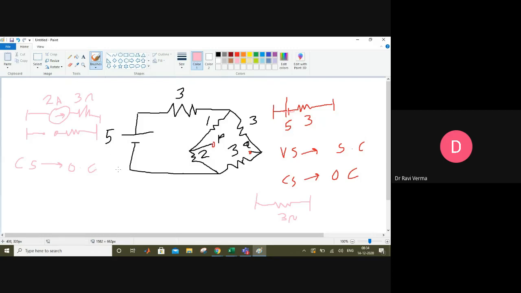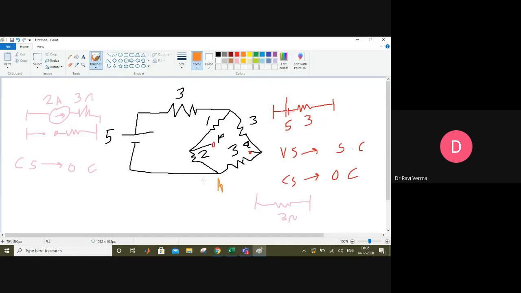After you short the circuit, at both points there will be the same voltage, right? So suppose this is the outer wire which has 3 ohm resistance; there is zero potential drop in it. No, you can't say there is a zero potential difference. Now there is no voltage source, but if some source is there, there will be some potential difference.